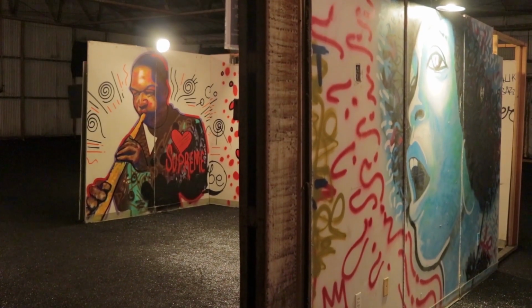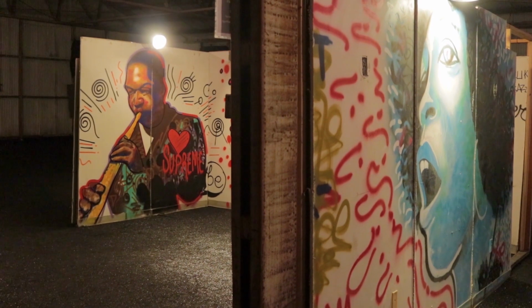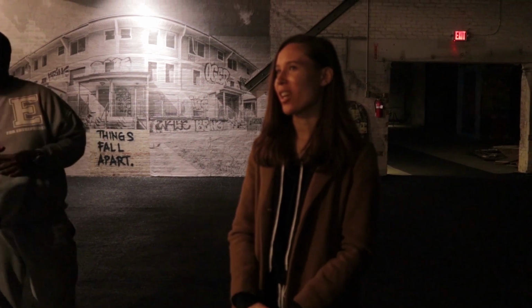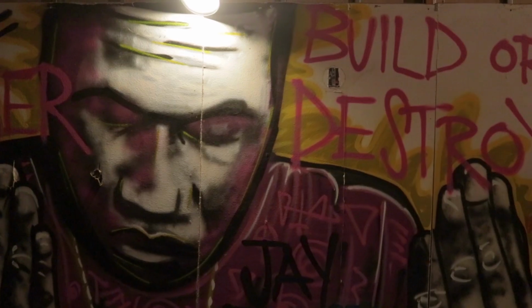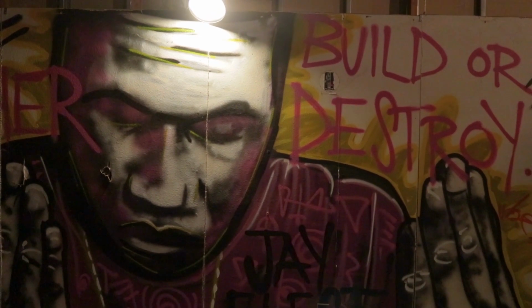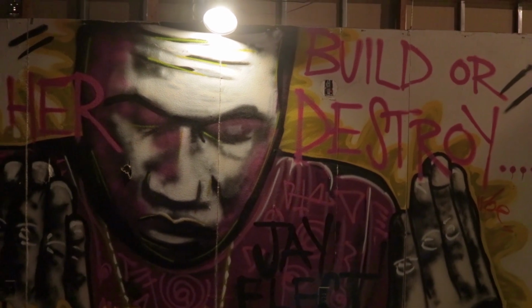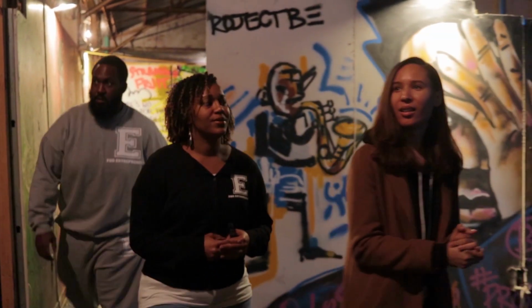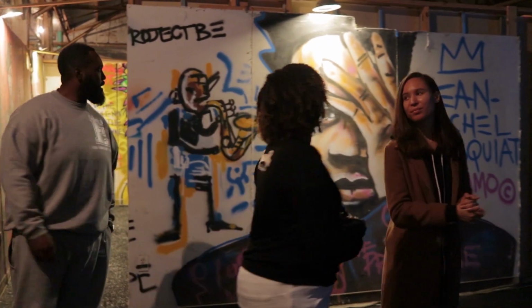These are the actual sheetrocks that were cut out. They've been in storage for the last few years, but we were able to take them out, and we were very careful with them because they're definitely very fragile. They're all still in the original condition. So you can still see the holes in the wall, the wires, all that stuff. We weren't able to save all the walls, but we definitely were able to save some, and for that we're very, very excited to be able to show people at least this is something that happened, and it kind of